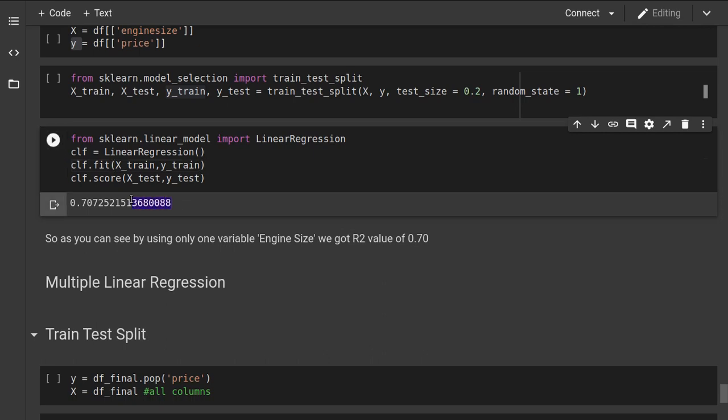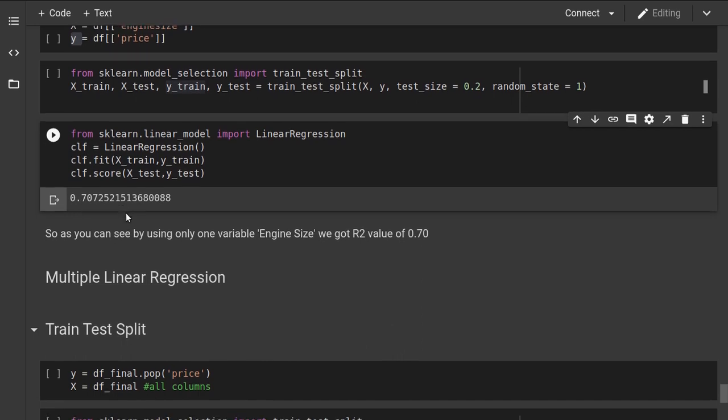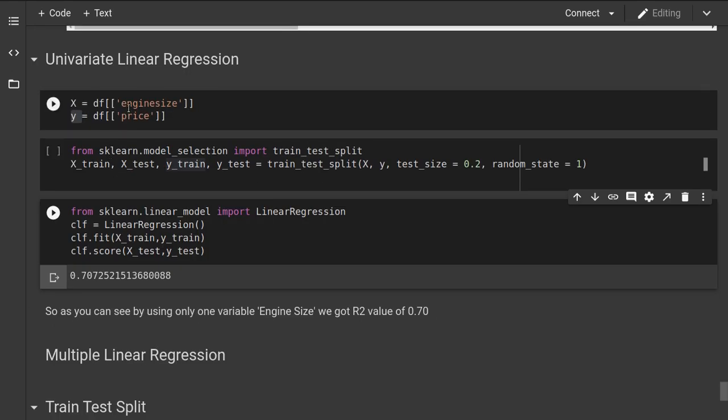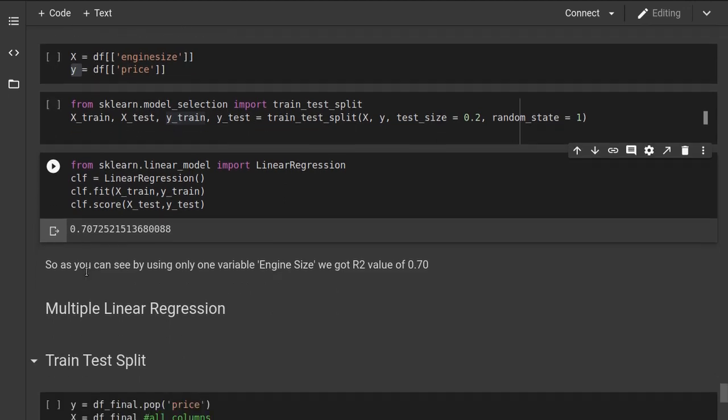It gave me 0.70, which is the r squared value for the linear regression. So by using only engine size with the price, the r squared value is 0.70.